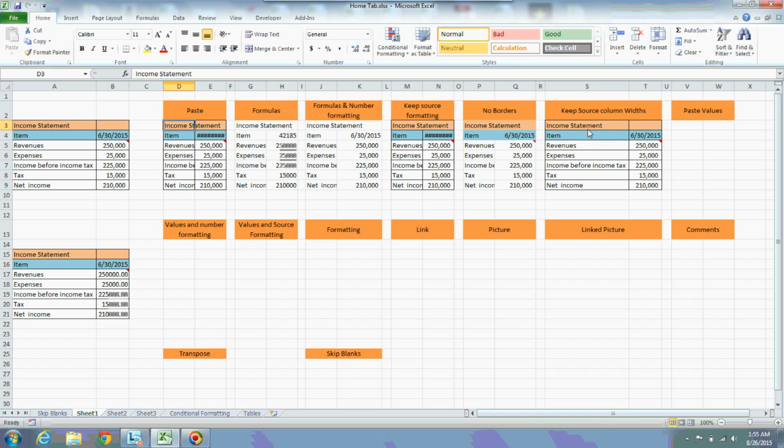In keep source column width format, my source formatting has also been carried forward along with the number formatting as well as color formatting. If you observe, there is a comma between numbers, and the comma has also been copied. Again, the comment has also been carried forward, and again the colors, and along with the column width, everything will be copied from source to destination.